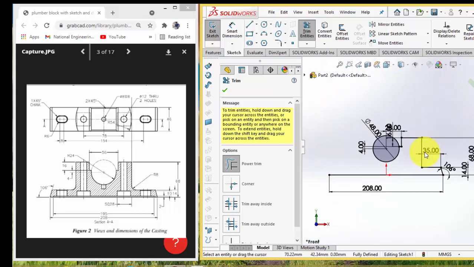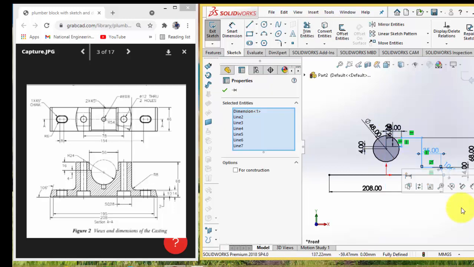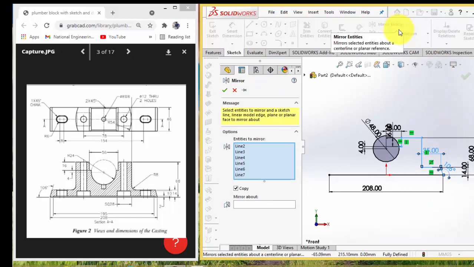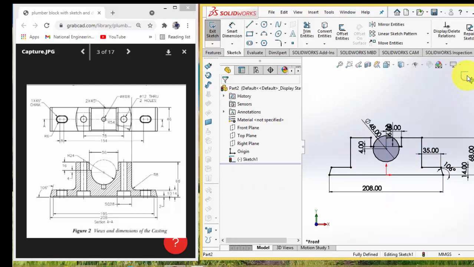Okay, now we have drawn all those things in half side, one side of that. So the easy thing we can do it is mirroring all those things. So select all those lines and give mirror entities and select the center plane. This is the center plane. Okay, now the mirror has been created successfully,